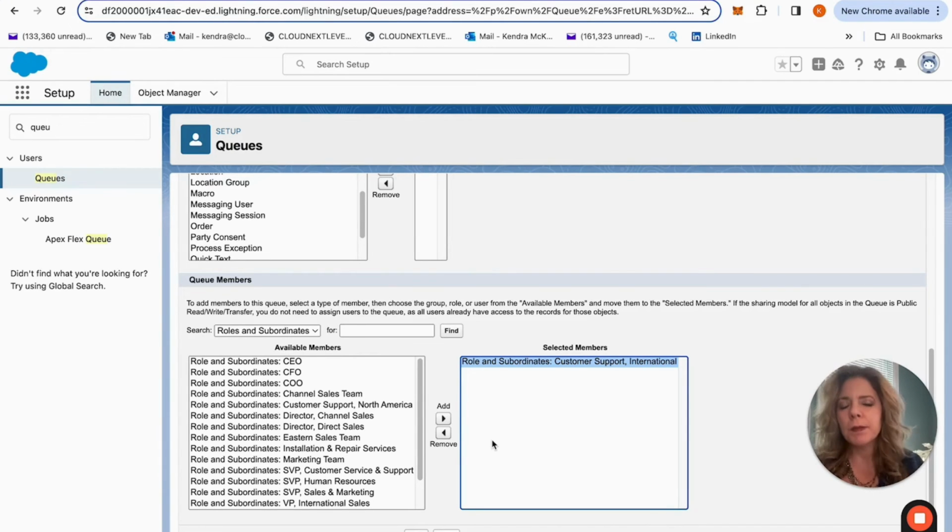If you have more complicated logic you want to build into this, of course we can do that using flows, for instance, but it's really powerful what's just sitting here behind the curtain within Salesforce natively. So I hope you find this